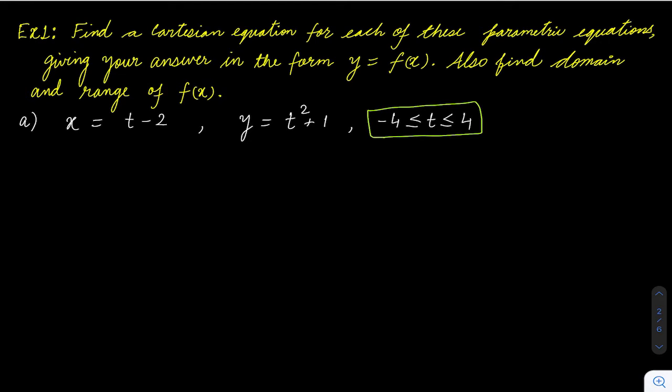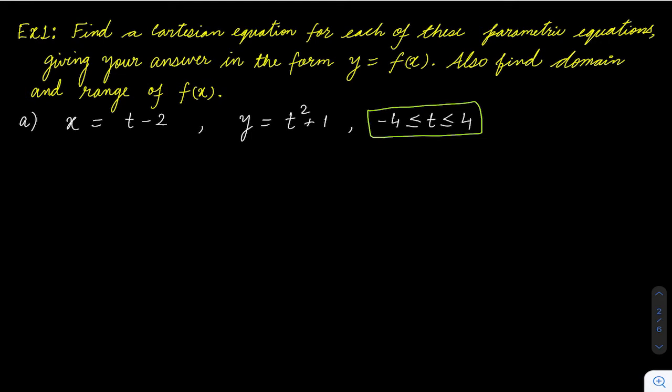So let's first understand how to convert a parametric equation into a Cartesian equation. Now, there is no fixed rule of how to convert a parametric equation into Cartesian. It depends on the functions, what kind of functions are there. But in most of the functions, if it's possible to find the value of t from one of the equations, as you can see, we have two equations, x is in terms of t and y is in terms of t.